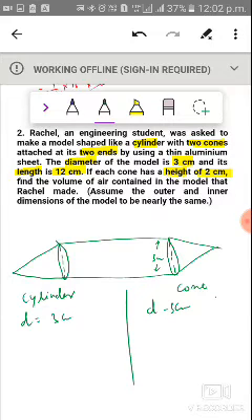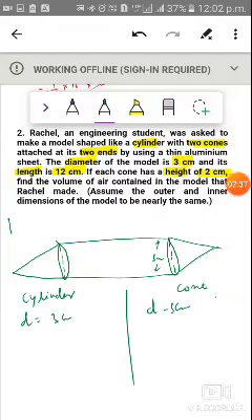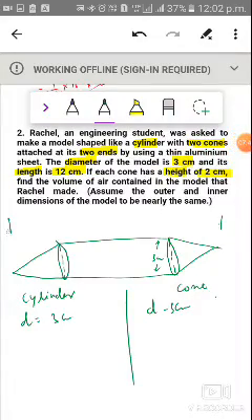and its length is 12 centimeter. Total length means we say from here to here, total length it is given, total length is given to till this point. This is given 12 centimeter. Okay, total length is given this point to this point, it is given 12 centimeter, right?